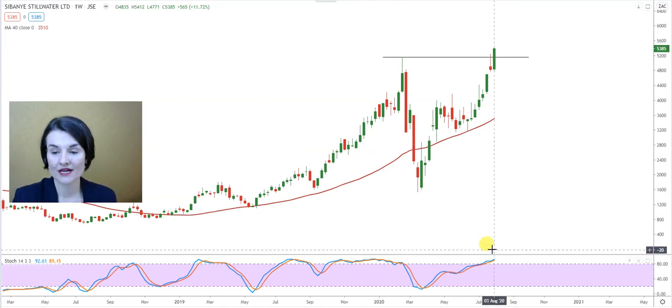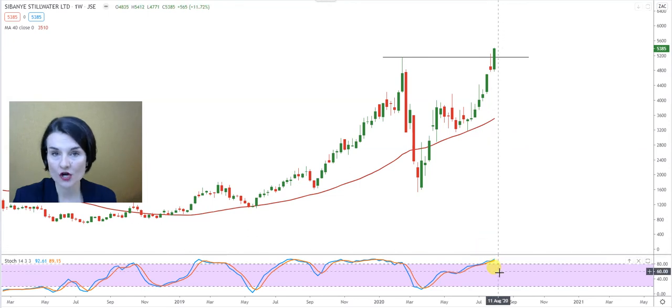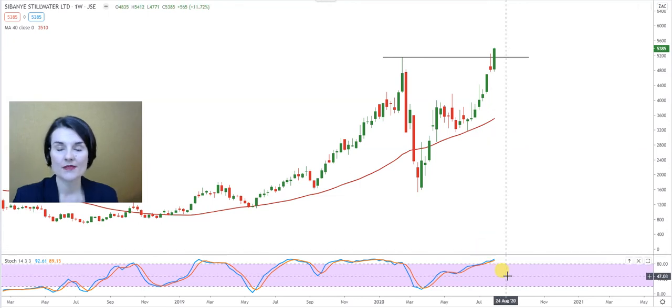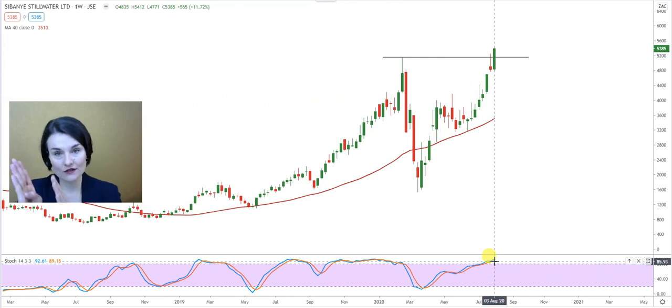Take note, the share is extremely overbought on the stochastic indicator, but that doesn't mean that it can't continue to rise. An overbought indicator just highlights the probability that the share might retrace first. But your two moving averages within that stochastic, your K line and D line, are still pointing upwards,